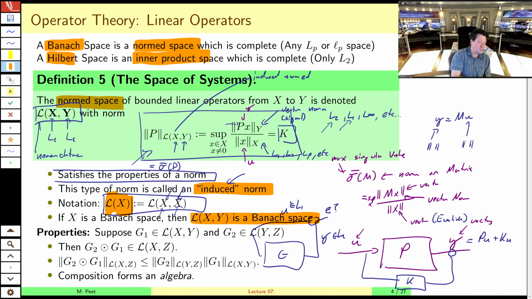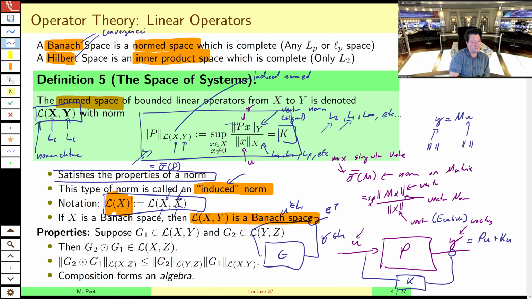All right, so it's important for convergence, but nothing we need to worry too much about, or nothing we're going to study too much in this course. So when you see Banach or Hilbert, that's a fancier normed or inner product space where you have convergence properties. You can prove if things converge, they converge to a point in that space. It's important. All right, so we have a normed space of systems. We have a norm, we have a vector space. It turns out, well, systems,